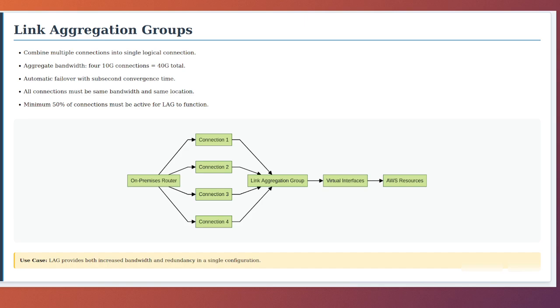The maximum number of connections in a LAG depends on your configuration. By default, you can have up to 4 connections per LAG, but you can request a limit increase to support more connections if needed. AWS requires that at least half the connections in a LAG must be active for the LAG itself to be considered active. For example, in a 4-connection LAG, at least 2 connections must be up,